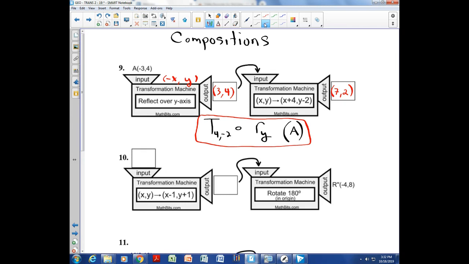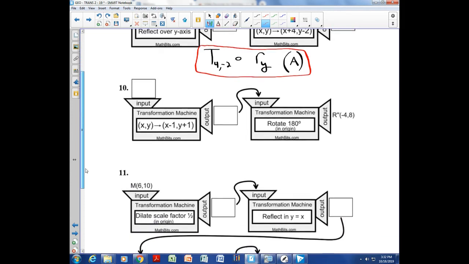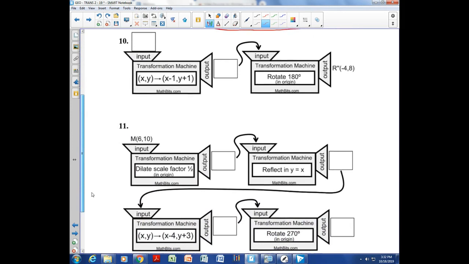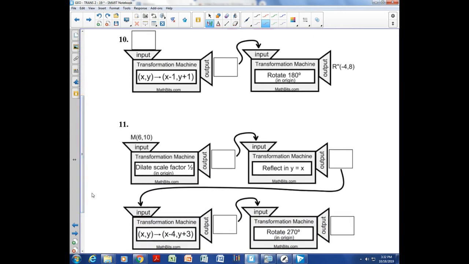All right, let's look at number 10. And number 10, I'm going to do more the way that I would do an actual composition. Okay? So I'm going to rewrite this. Well, actually, number 10 is a backwards composition. So this would be slightly more complicated. So let's actually just do this one